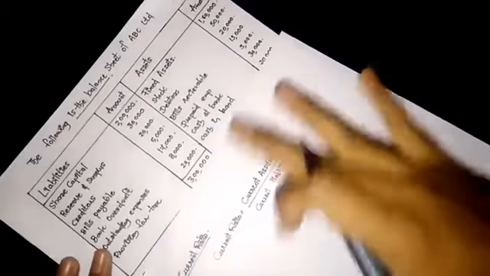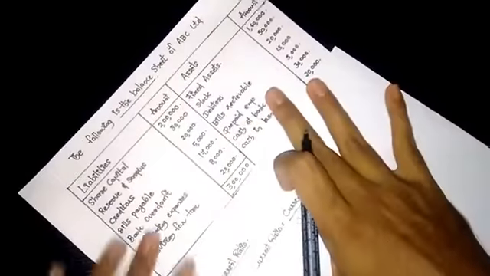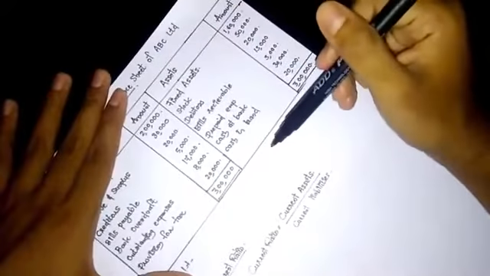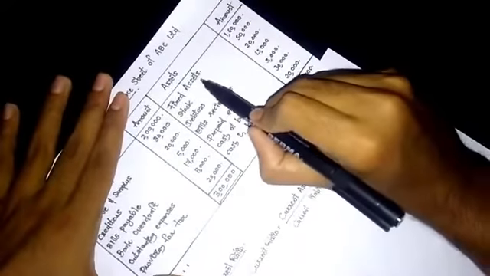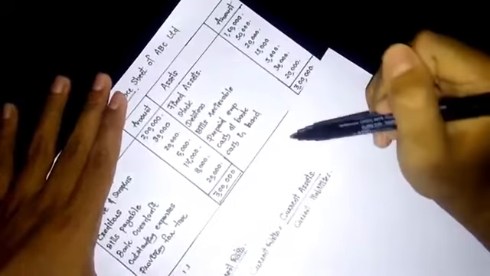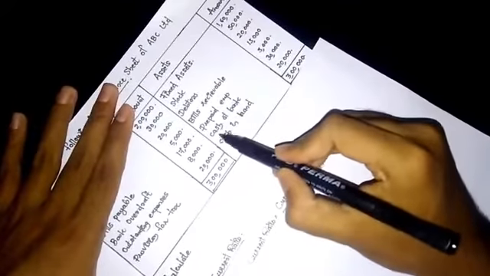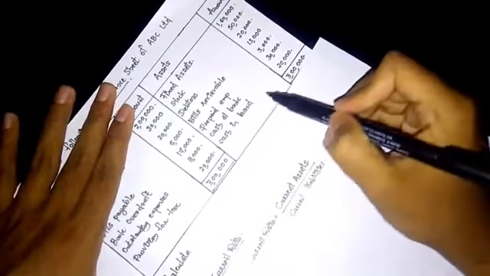So we have to find out the current assets and current liabilities from the balance sheet. First, from the asset side, we have to find out the current assets. The first item is fixed assets. We know that fixed assets are long-term assets, so it is not a current asset. Then stock, debtors, bills receivable, prepaid expenses, cash at bank, cash in hand. These 6 items are current assets because we can convert these items into cash within a period of 1 year of time. So current asset is equal to stock plus debtors plus bills receivable plus prepaid expenses plus cash at bank plus cash in hand.